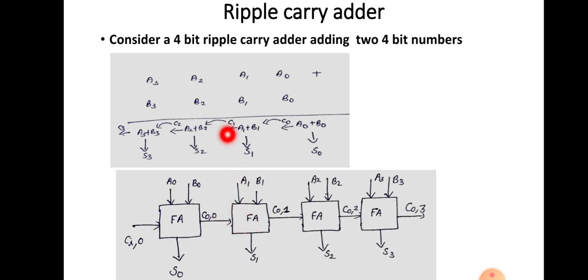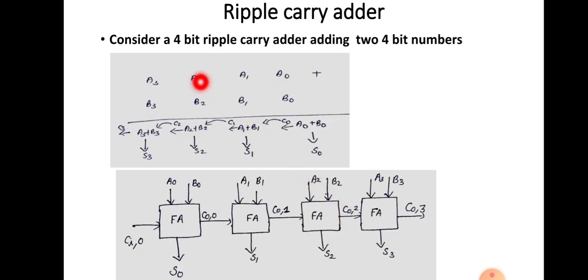And the next stage will have the input A1 and B1. And along with that A1 and B1, the previous carry is added. The previous carry is this. So it is directly given to this stage full adder. Okay. So it will produce a sum. What is the sum? S1. And what is the carry? Carry output CO is this. First stage is CO1. So that carry will be propagated to the next stage.